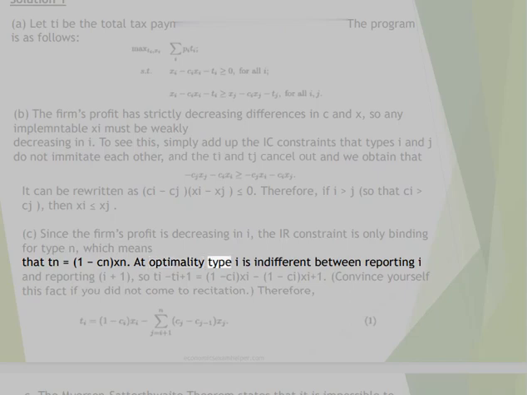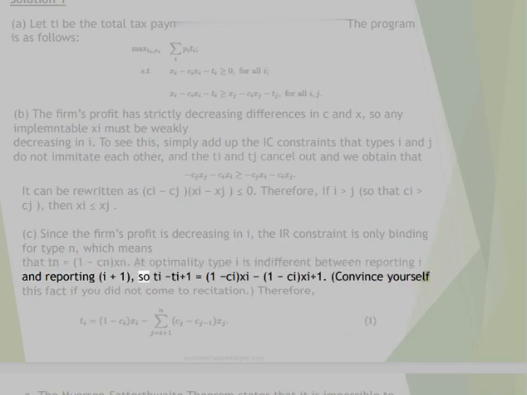At optimality, type I is indifferent between reporting I and reporting I plus 1, so T_I minus T_{I+1} equals (1 minus C_I) X_{I+1} minus (1 minus C_I) X_{I+1}. Convince yourself of this fact if you did not come to recitation. Therefore,